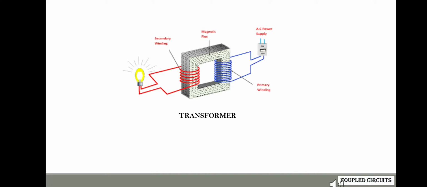This image depicts a transformer. The transformer is an electrical device designed on the basis of the concept of magnetic coupling. In this image, two coils are wound on a core, being contactless, even though affecting each other through the magnetic field. It uses magnetically coupled coils to transfer energy from one circuit to the other.